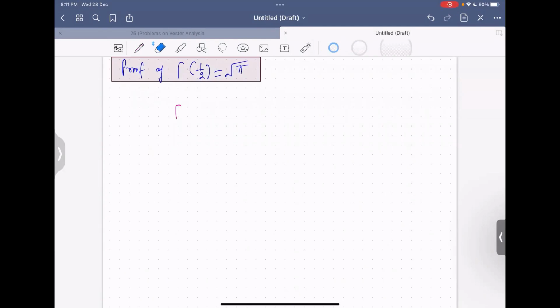So if I start with the definition of the gamma function, which is gamma nu is equal to the integral from 0 to infinity of e to the power minus t, t to the power nu minus 1 dt, nu greater than 0, right? If I have to calculate, let's say, gamma half, what I'm going to do is adopt a little bit of technique here, that we put t